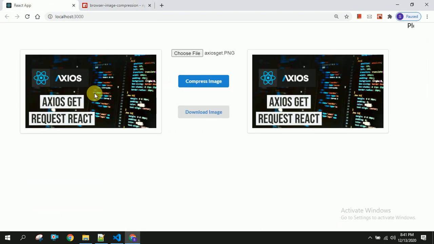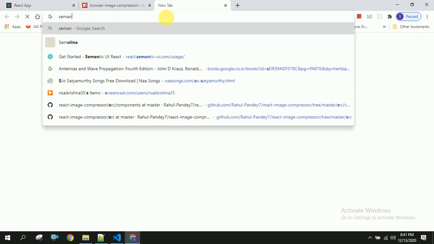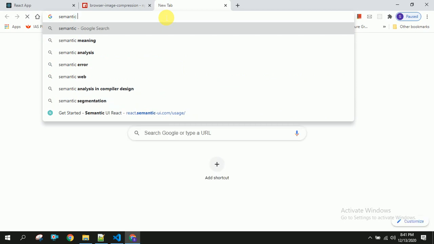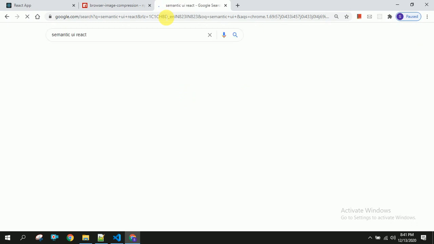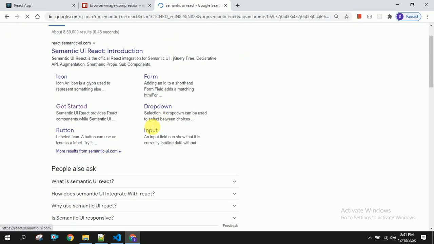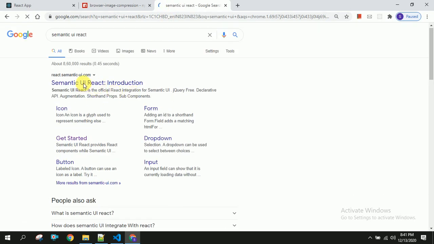The next thing is, for this layout and all this UI, I am going to use Semantic UI. It is also one of the good UI libraries for React. If you are a React developer, you will know Semantic UI React.